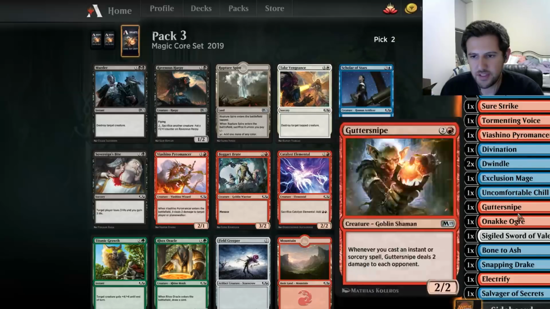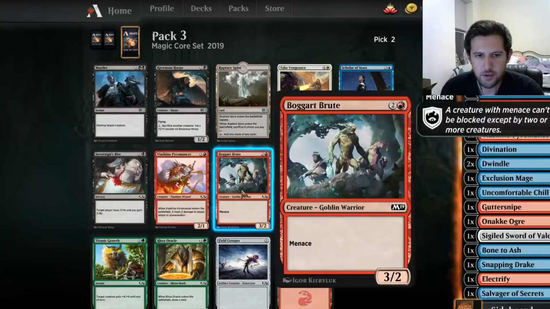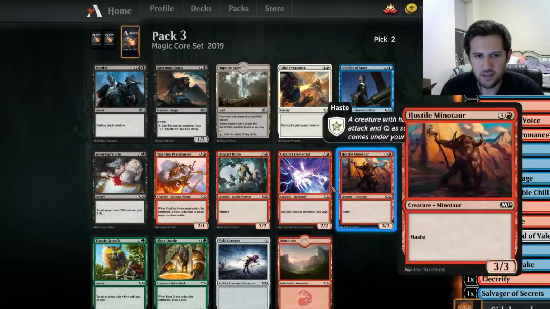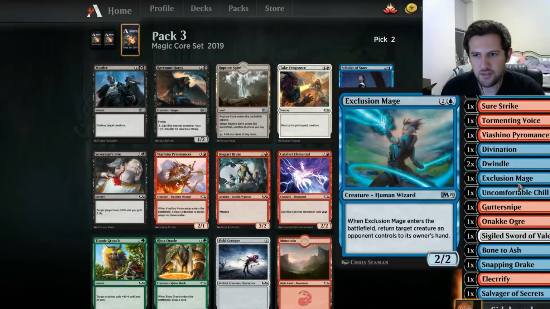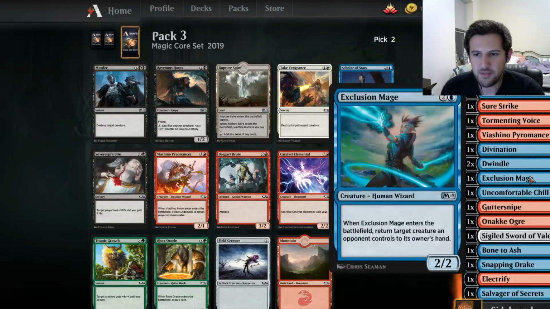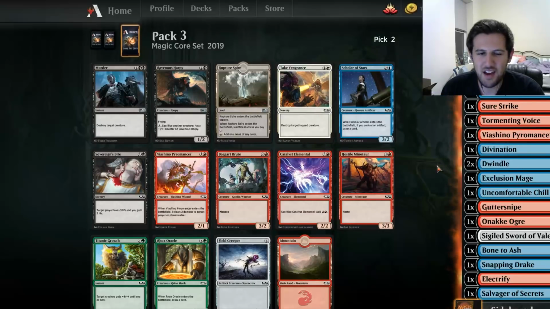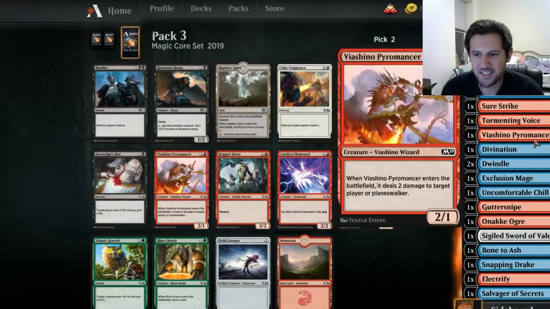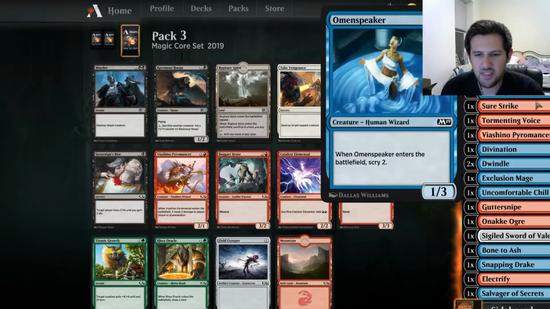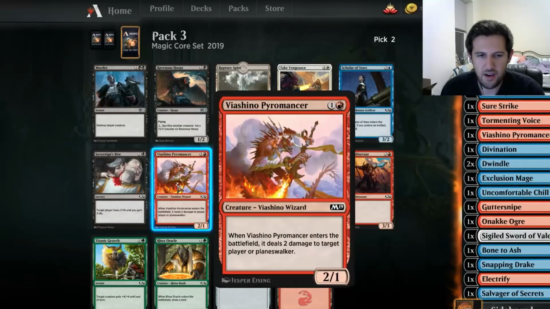Okay, so let's see. In terms of 3-drop creatures, I've got a Gutter Snipe and an Onaki Ogre. So Bogart Brute would play. I could take another Viashino Pyromancer. I already have one. My deck is really diverging into 2 different decks, and mashing them together just tends to not be a recipe for success. But I think that I would rather just take another 2-drop, and this guy's...